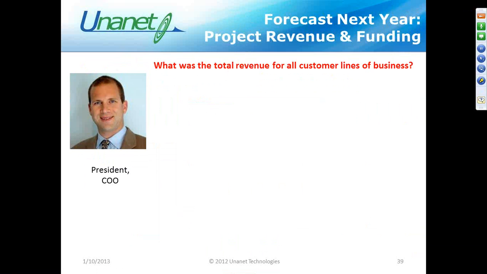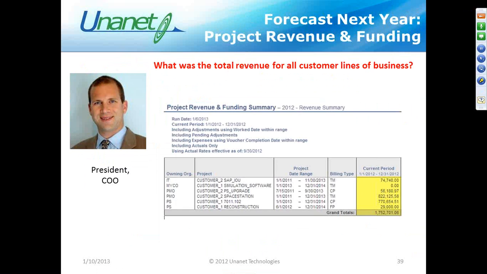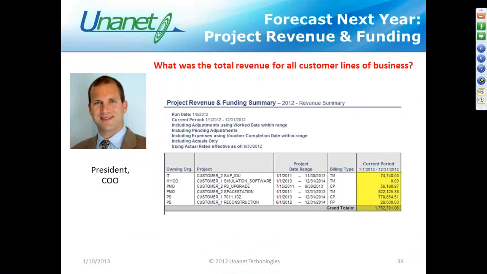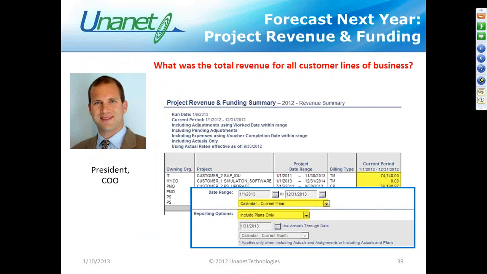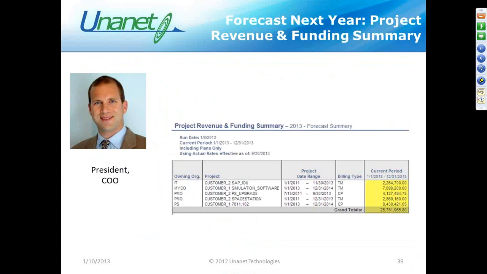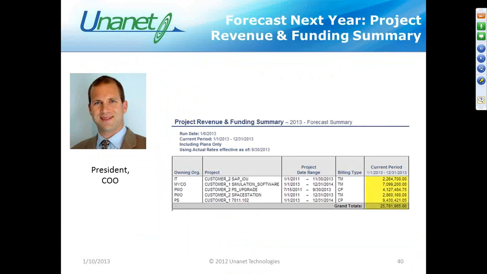So remember that revenue and summary report that I showed? It was the big picture report for all the projects, but giving a summary for each one of those projects. I can change one reporting option and report on the plans only, and the plans for the time period of the current year. And voila, I have the big picture that I'm forecasting for this coming year. What are each of these projects going to be pulling in for revenue for this coming year? I can also